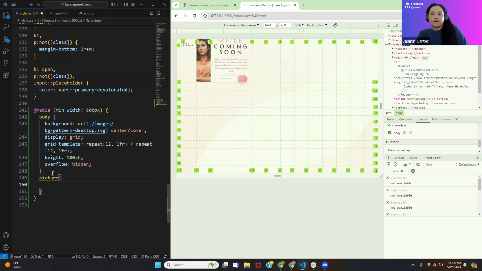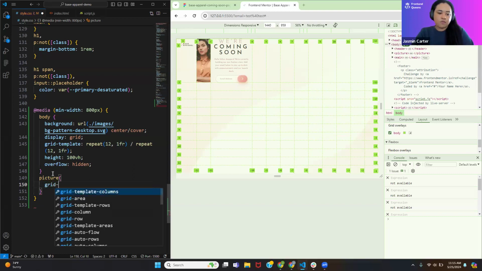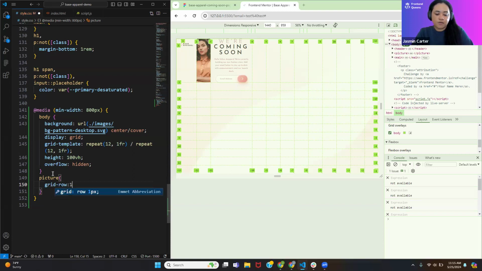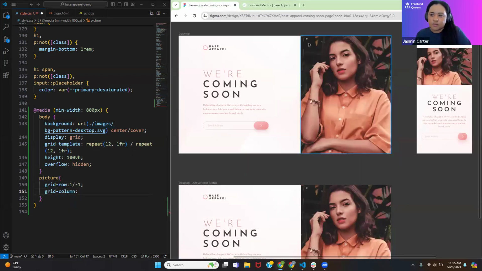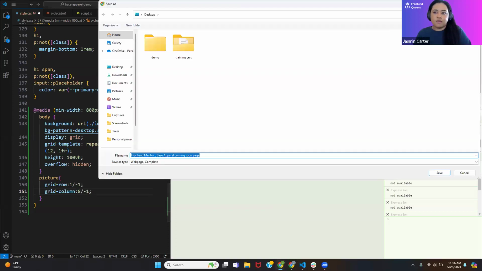And I want it to take up the whole right side of the screen, and I want it to go from the top all the way to the bottom. So I'm going to say grid row, and I want it to go from the first row to the last row. And then I want to say grid column. If we look at our design, it's more over to the right. So I want it to start not exactly in the middle, and I want it to go all the way to the end. So if we save it,